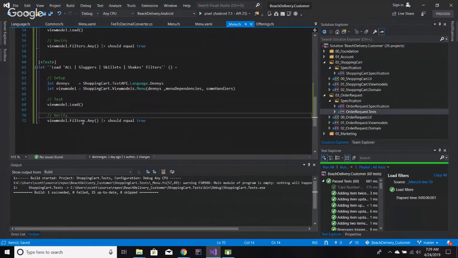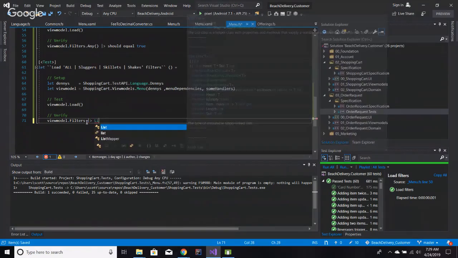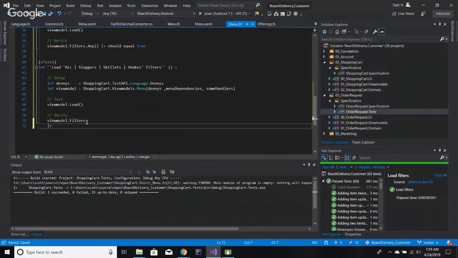Well, this is where I would probably try to pull something off like this, where I would say viewModel.filters, and then pipe viewModel.filters, which is a sequence, into a function called List.ofSeq, and then from there I would probably want a pattern match